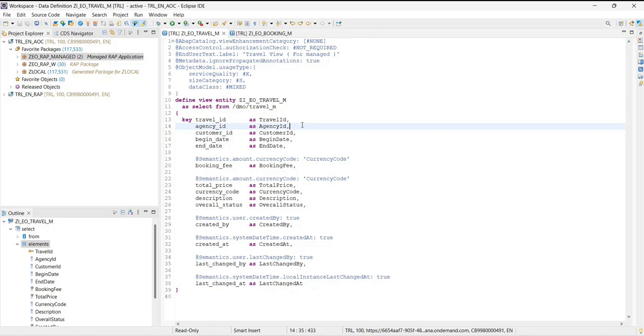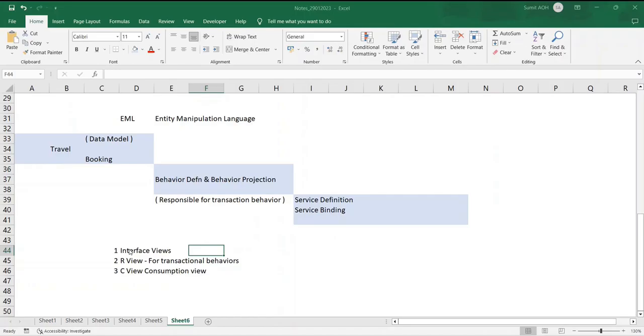Okay, so we created interface views within certain property, which is a